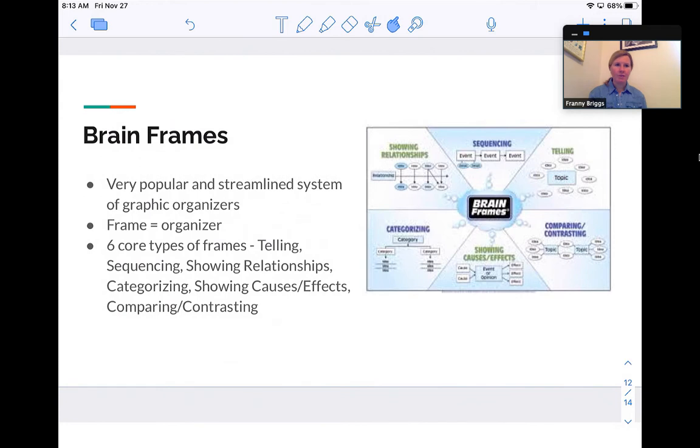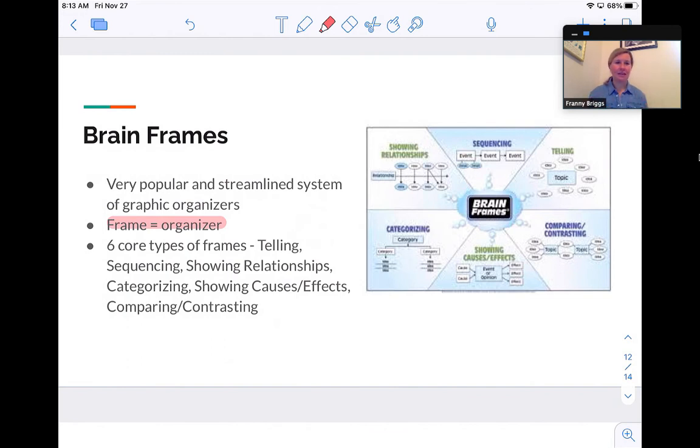So brain frames is an official system, right? You can get trained on these, which I've been. But the best thing about brain frames, and frame just means organizer, is that there are only 6 kinds, and